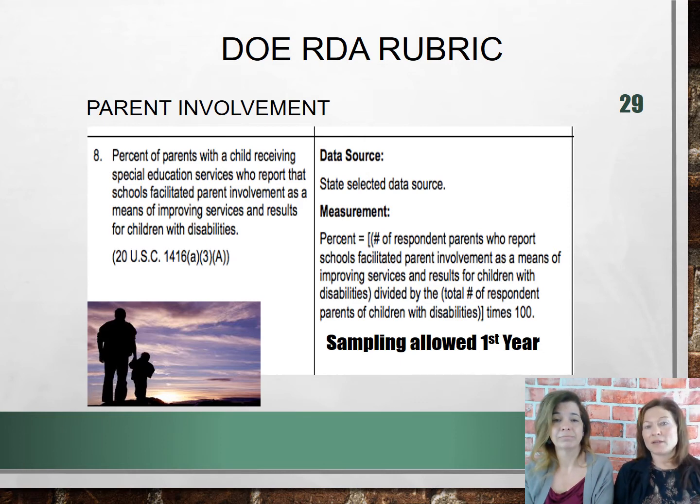So when you take all of that information together, you have to really have an honest conversation with yourself and say, we are not meeting the goals for these students. Another important part of the RDA rubric that Kelly mentioned earlier is that parents will be reporting if schools facilitated parent involvement and that parent involvement improved their child's outcomes. So again, we're having that important piece of the team, which is the parent. Parent satisfaction is going to be the name of the game moving forward.